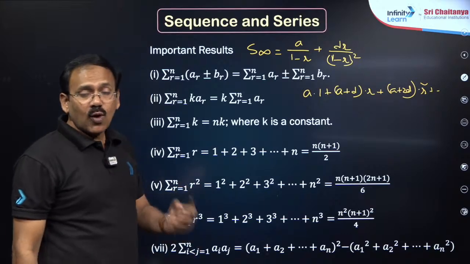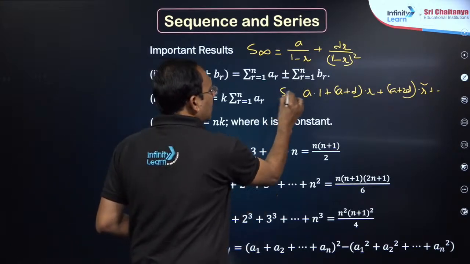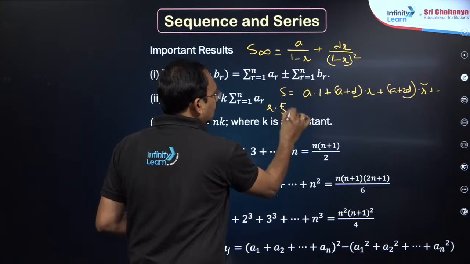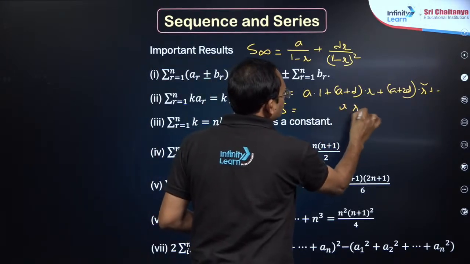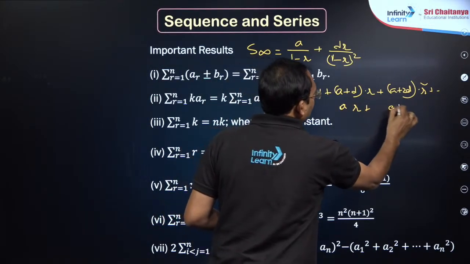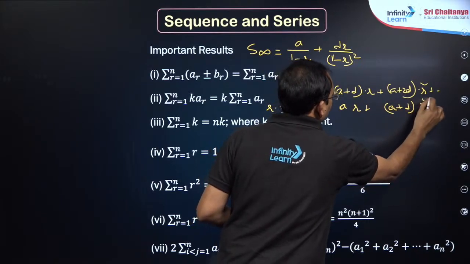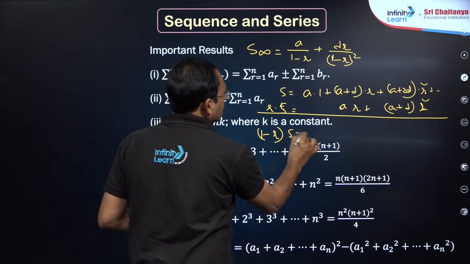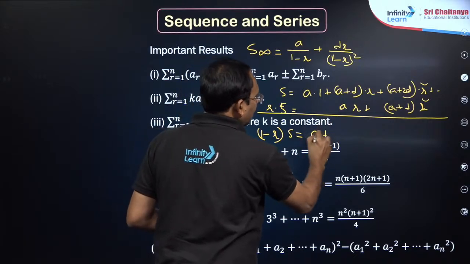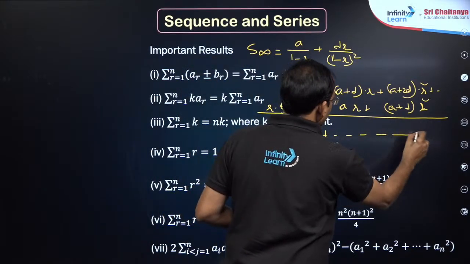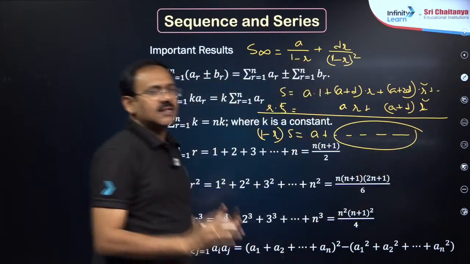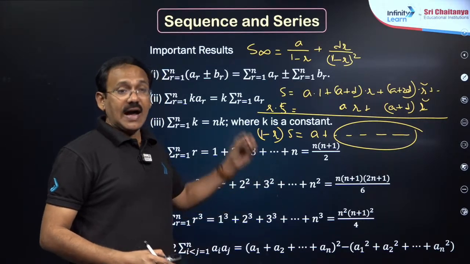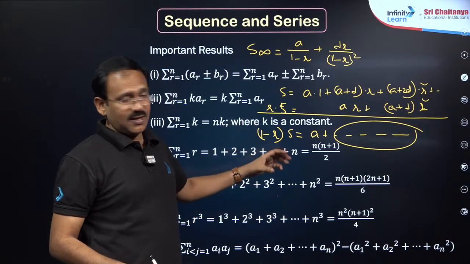Then next, if you want Sn, take up to n terms and multiply S with R. You just start writing: this becomes AR, this becomes (A plus D) into R square, and so on. You just subtract, and you will get (1 minus R) into S is 1 plus, and you will get a GP here, and you can solve. This idea is enough, no need to remember that lengthy formula. At least you can try to do this.